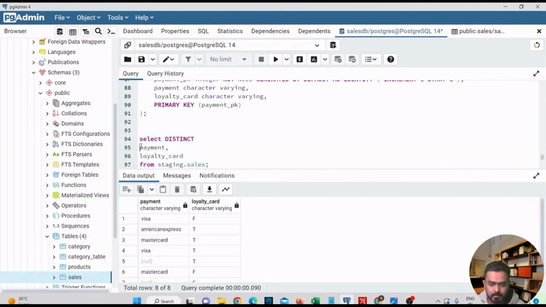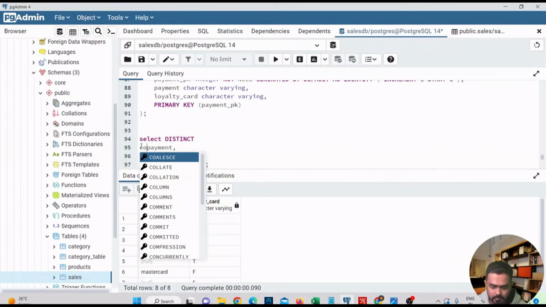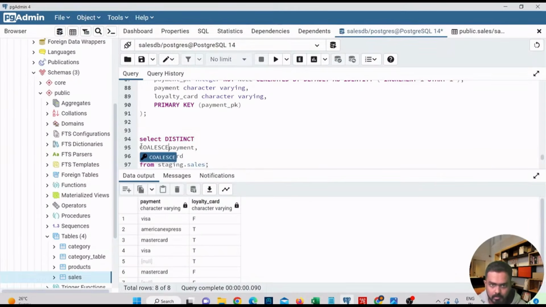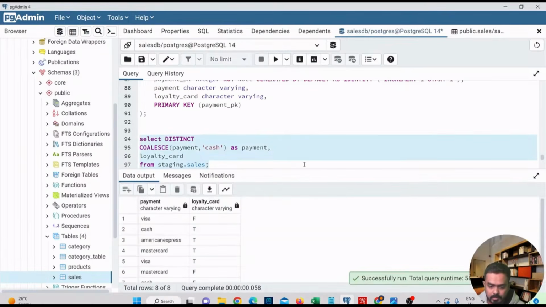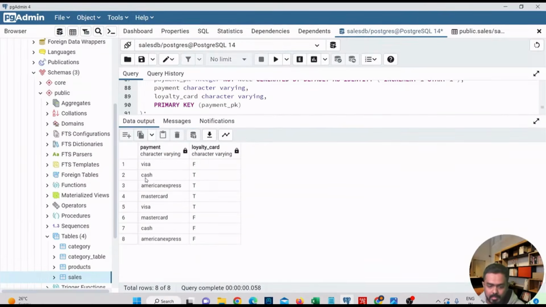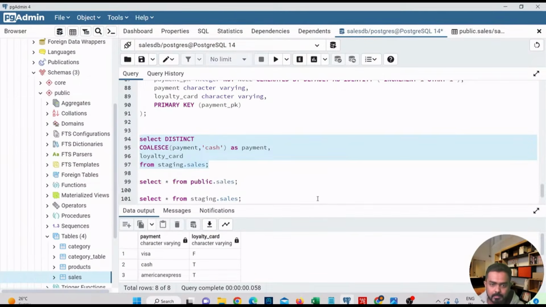So here I can just add a coalesce function, and inside this I'll have payment and cash as payment. Fine. So if I try to execute it, all these null values will be removed. Yes, so I have this data, right? I have Visa, Cash, American Express, Visa cards, and wherever there were null values, I've just replaced them with cash, right? So now let's try to add this into the transformation, and let's move the data